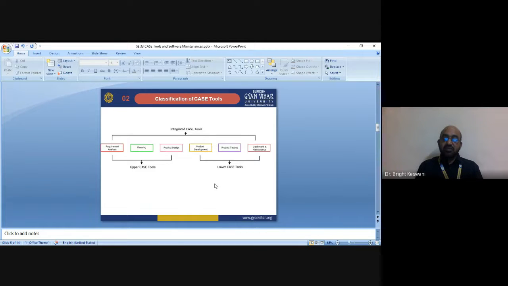Vertical CASE tools provide support for certain activities within a single phase of the software lifecycle. And there are two subcategories of vertical tools. First category is a set of tools that are used within one phase of the life cycle, and software such as compilers, debuggers, and code analysis tools support the development phase of a life cycle. These tools are important so that development in each phase can be as quick as possible. So this is the first category.